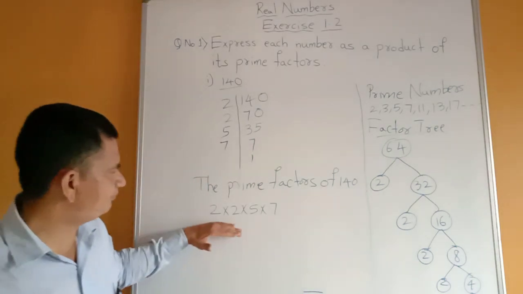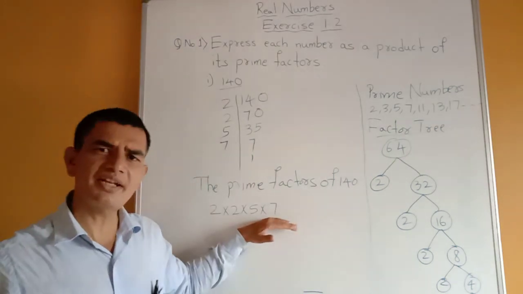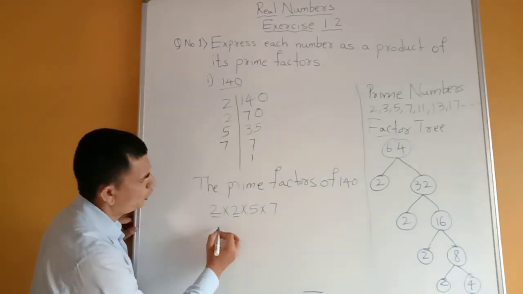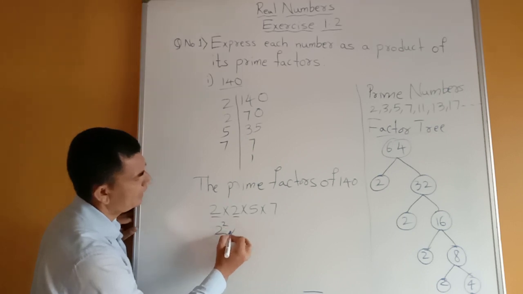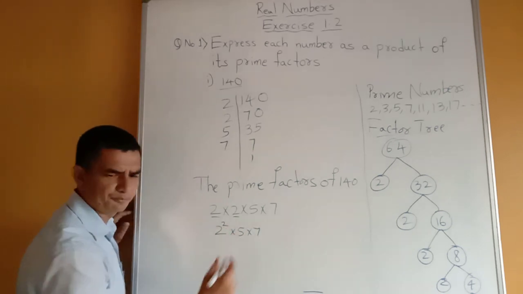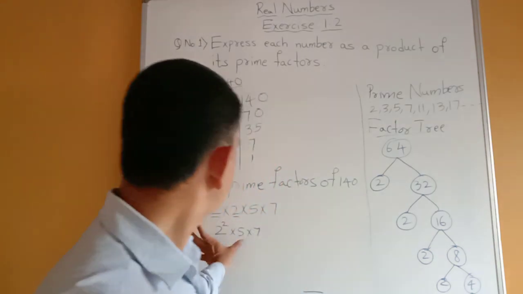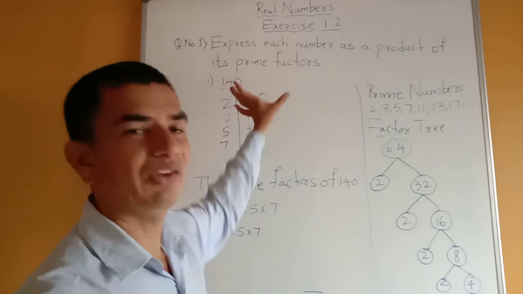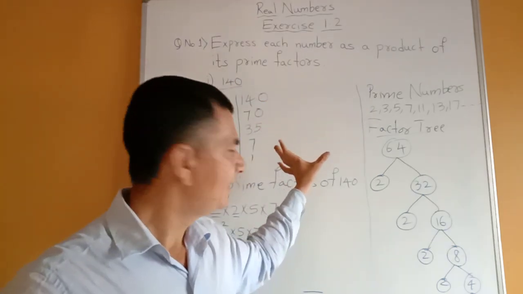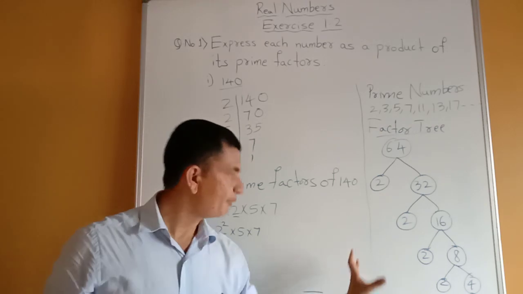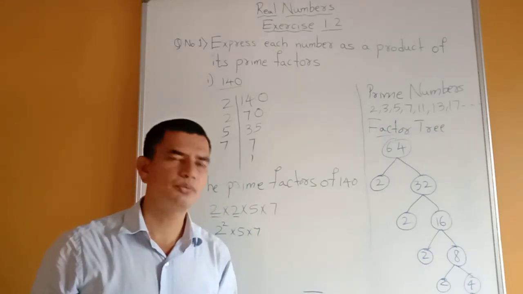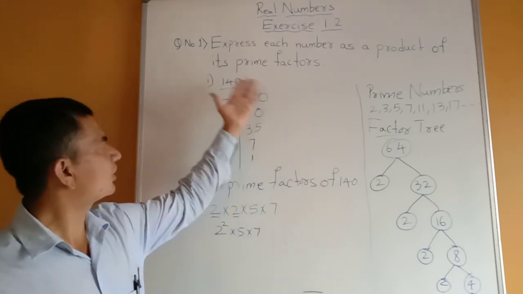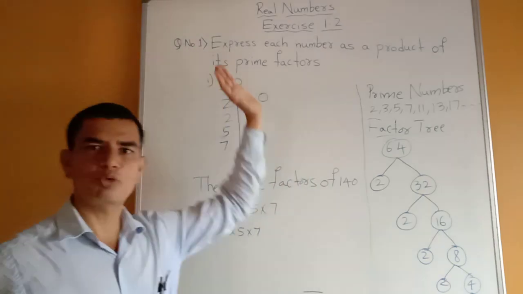Okay, friends. Now, we have to see, are there any numbers repeating? So we can see here 2 and 2 are repeating, so we can write it as 2 square into 5 into 7. Okay, students, this is the process of how to express this number as a product of prime factors. I think it is understood. Just pause your mobile audio video, and then you can note this down. After this, I will go for question number 2. It is the same question.